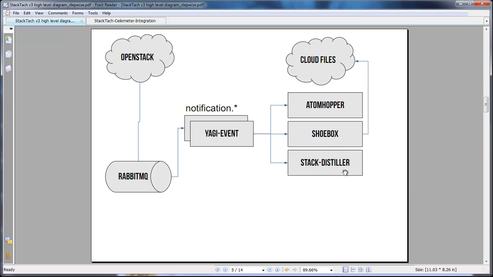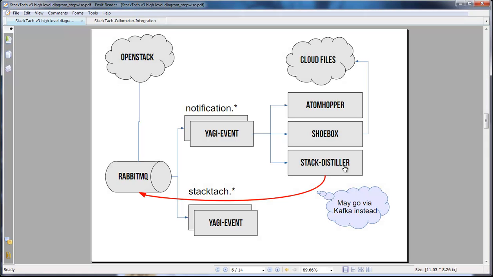We can send it into StackDistiller. So StackDistiller is an interesting one, because that's going to take this big, beefy notification with hundreds of key value pairs in it, and we're going to extract just the juicy bits that we're interested in for our pipeline processing. So from there, we'll take that and we'll do one of two things. We're still sort of working this out just yet. We're either going to republish that reduced